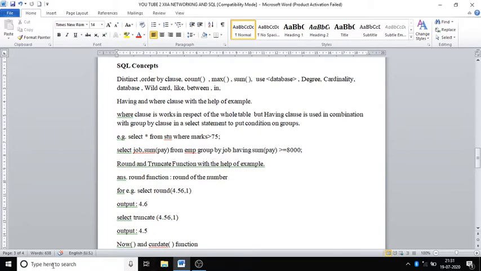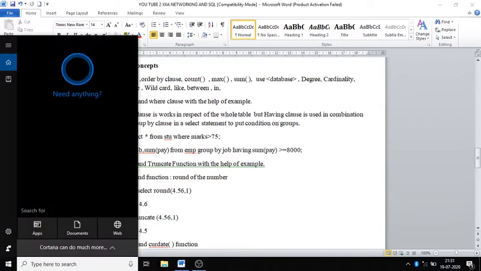Distinct. What is distinct? Distinct means repetition is not allowed.